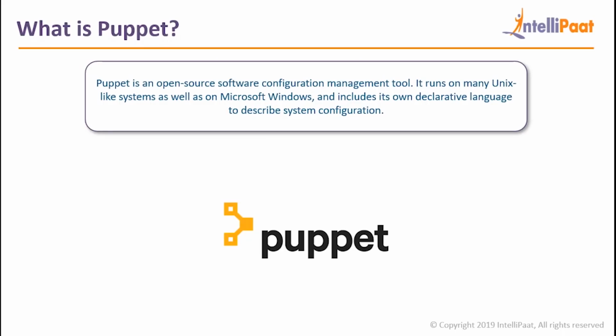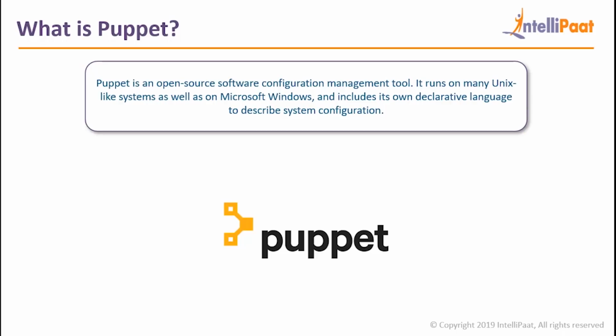Puppet is a configuration management tool which is open source in nature, right? It helps us keep configurations consistent with what we require and what is there on our production, on our test and our developer environments. The awesome thing about Puppet is that it can be installed on various platforms like Microsoft Windows, various Linux platforms, etc. So it is very versatile in terms of working on different platforms, and